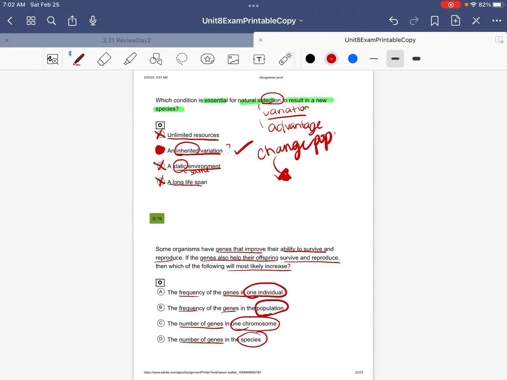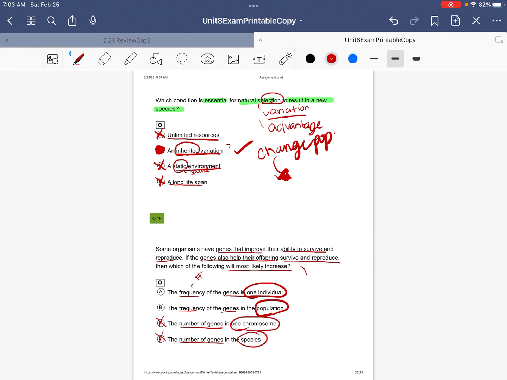As we've discussed before, whenever you're dealing with a star question, most of the time you can cross out 2 right away. The number of genes, we are not increasing genes. Genes make up your chromosomes, right? So we are not increasing the number of genes. We're not adding more information to anyone. Remember, if you're increasing that information, you can change the number of chromosomes, and then that would cause a whole mess. So C and D are automatically out. Increasing the frequency. Frequency is the number of times that you see it. So it just means that it'll come up more often in one individual or population.